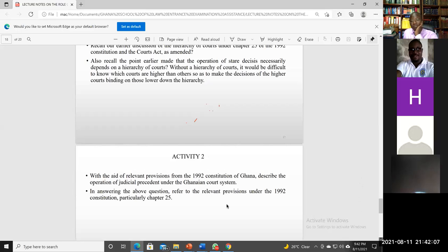Doc, you have told us earlier that the decisions of a superior court are binding on the lower courts. So when we take the Supreme Court, for instance, we're saying that it binds all other courts, be it the Court of Appeal, the High Court, the District Court, Circuit Court, and what have you. And then we also want to say that there are instances where the Supreme Court can depart from its decisions when it finds it necessary to. So there are certain things that we want to look at in terms of jurisdiction. The Supreme Court has an appellate jurisdiction. It also has an inherent jurisdiction when it comes to issues with regards to constitutional interpretation and also hearing